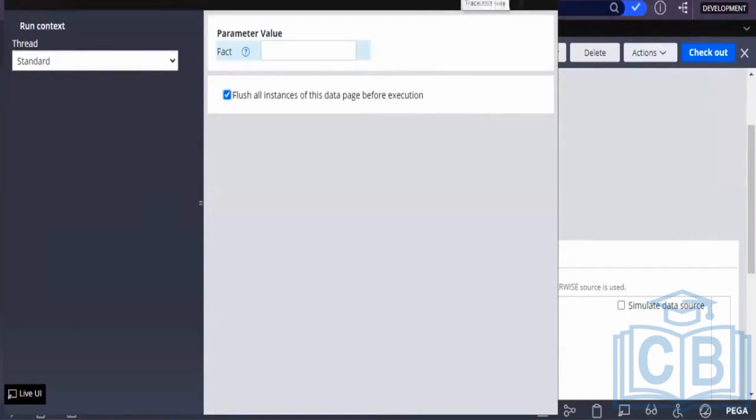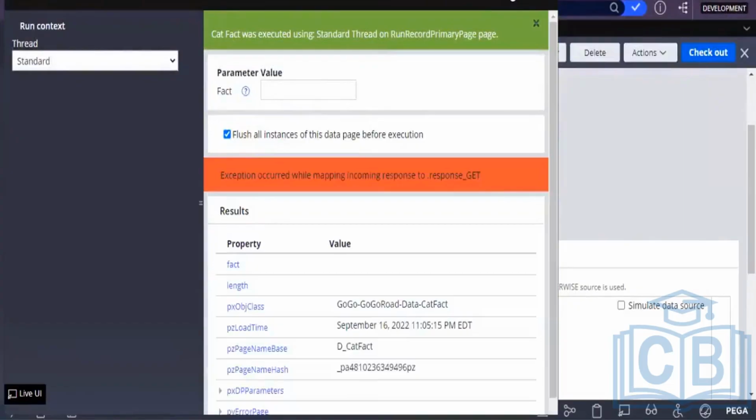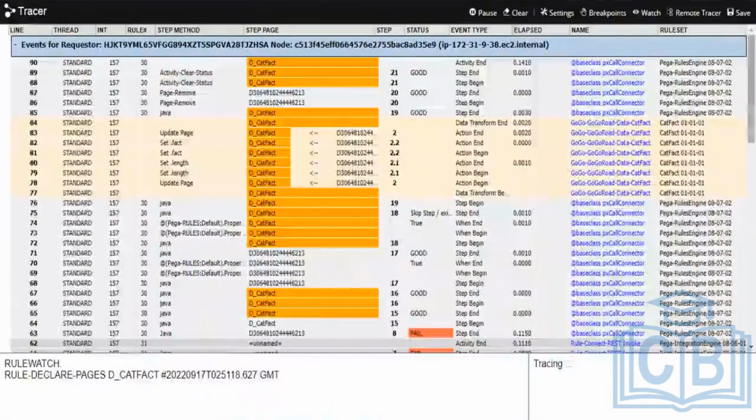Let's see. The tracer is already there. Now go and check in the tracer. You have got some error, right? Let's see how it is there in the tracer. Pause the tracer.